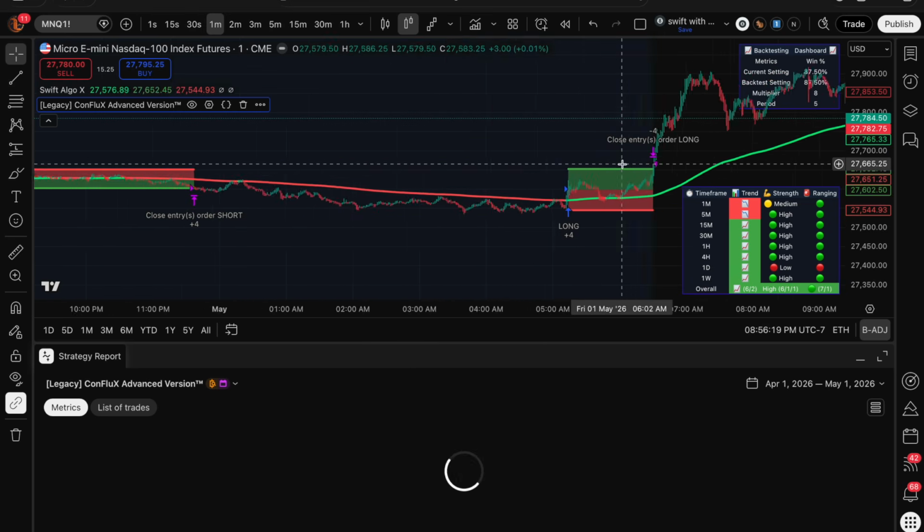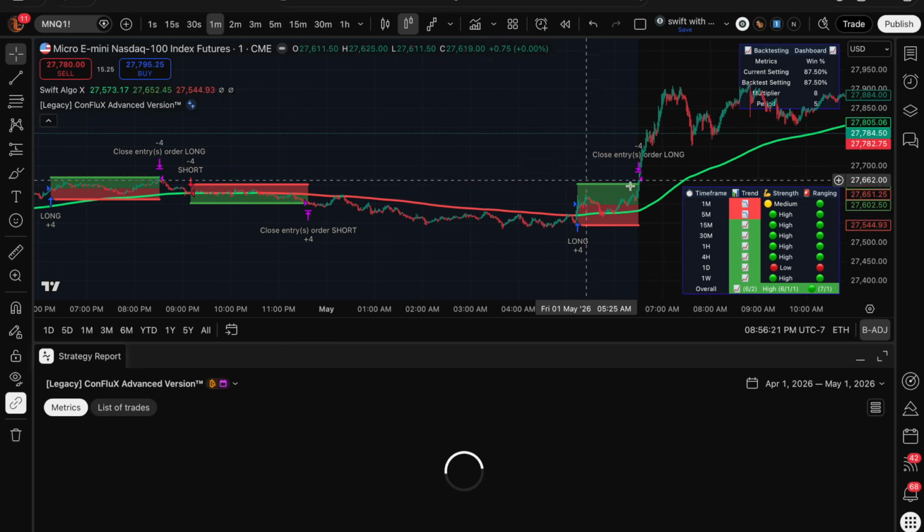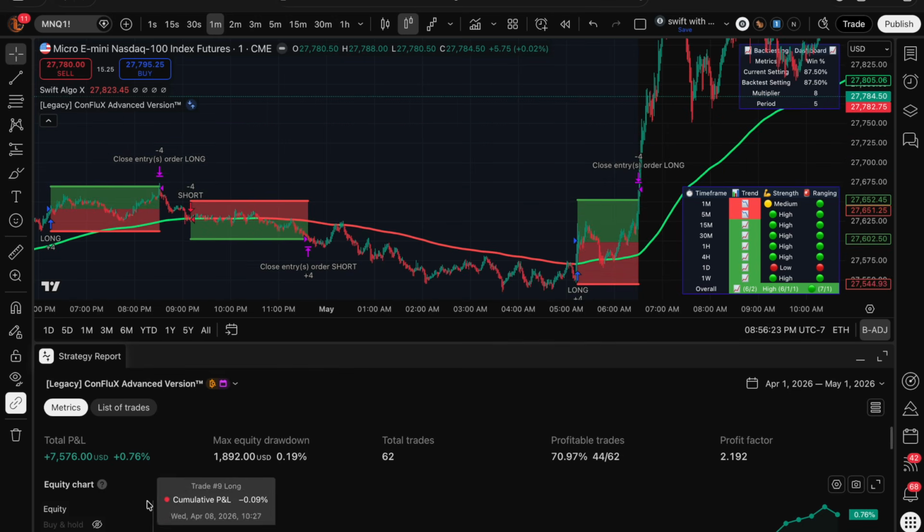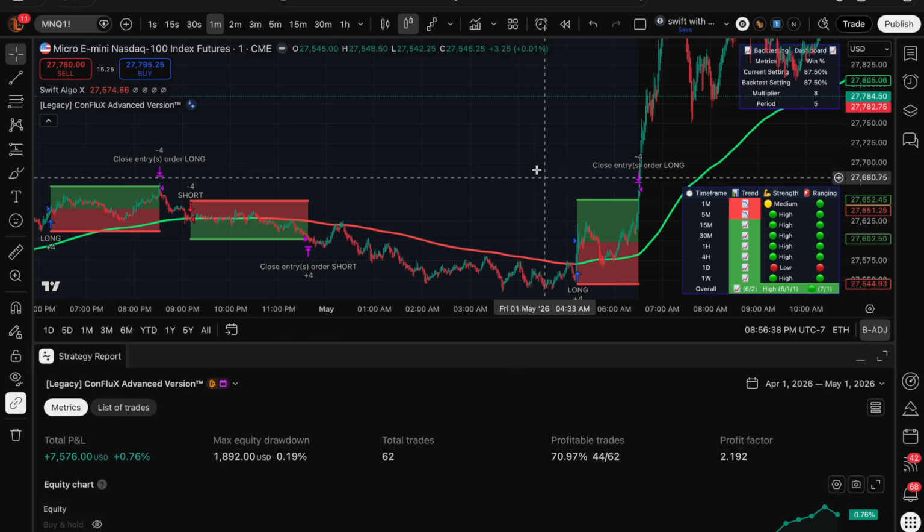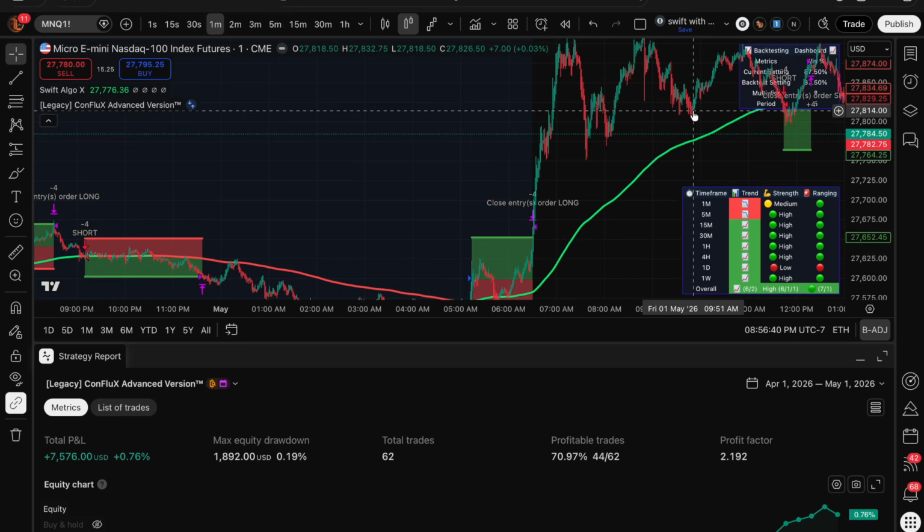But as you can see, as it's loading, you can actually see the signals on the chart. So yeah, there you go. So you have $7,000 in P&L, over 1.8K in drawdown. It took 62 trades. Profitable trades was 70%. So with a profit factor 2.2, because it rounds out to 2.2. So it's actually pretty profitable within 80,